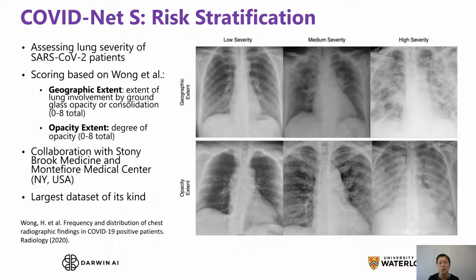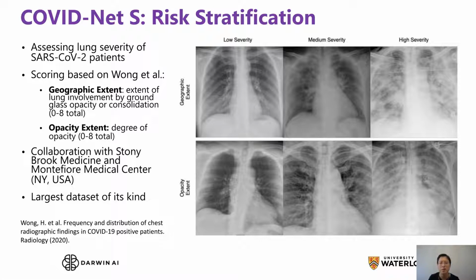Should a patient use a ventilator? Should they undergo just oxygen therapy? Should they be admitted to ICU and so on and so forth? It essentially allows them to decide the next steps on how to best care for a particular patient. And so what we did was we tested feasibility by leveraging the scoring system by Wong et al., which is